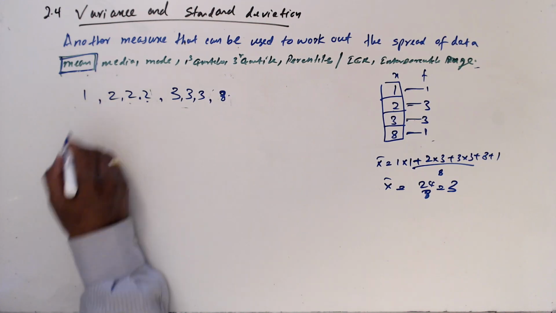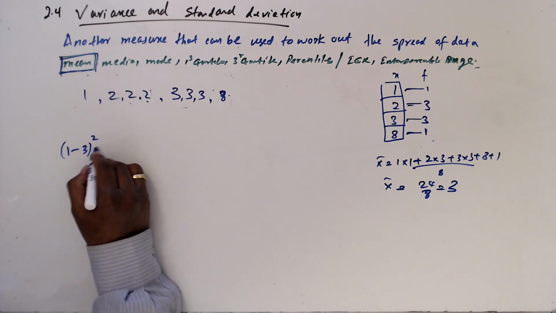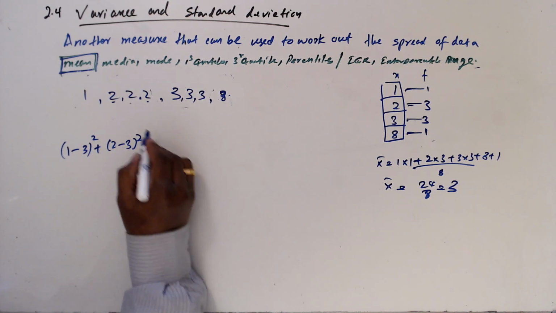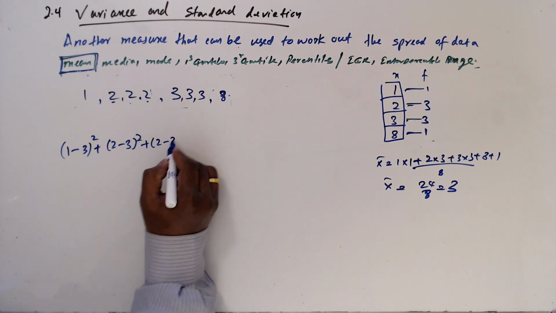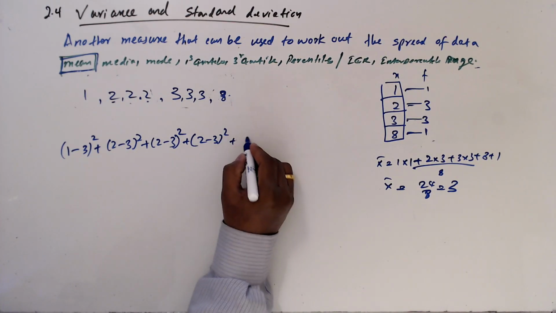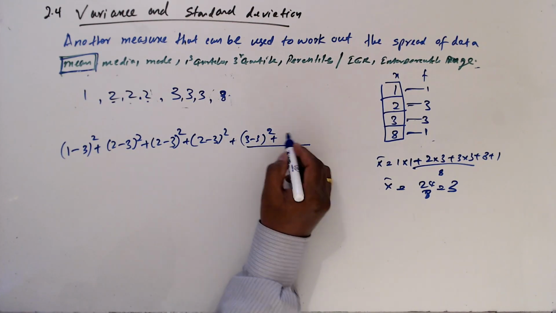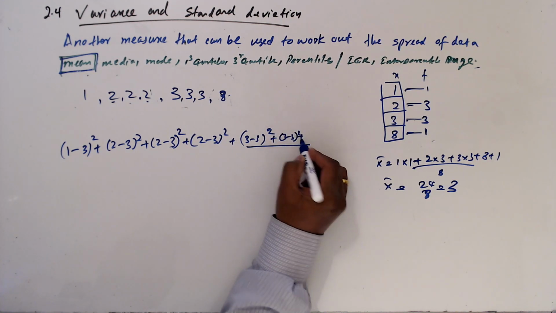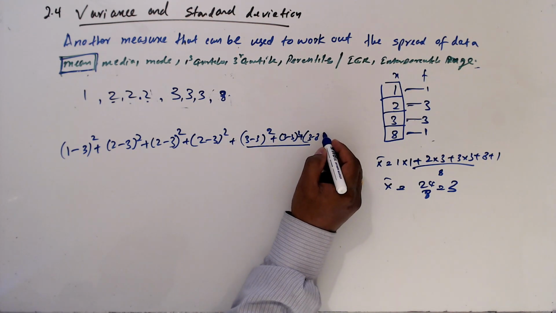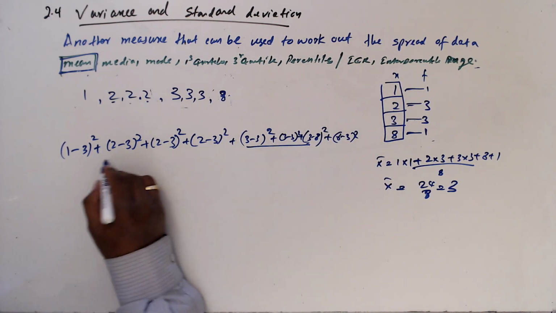So this is going to be 1 minus 3 square, plus 2 minus 3 square, plus 2 minus 3 square, plus 3 minus 3 square, where all the 3s are going to be 0, plus 3 minus 3 square, plus 8 minus 3 square,